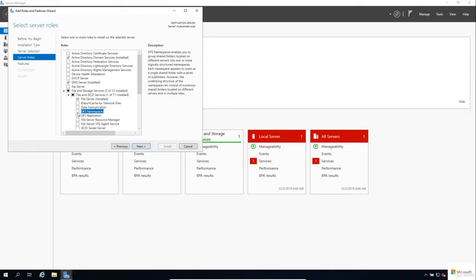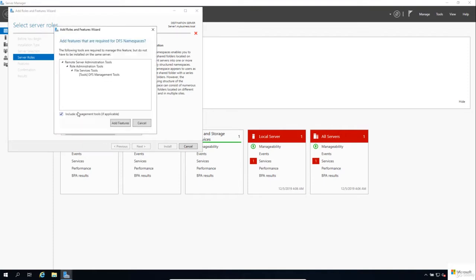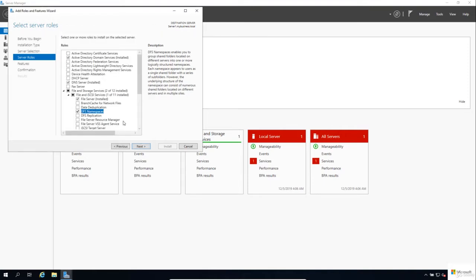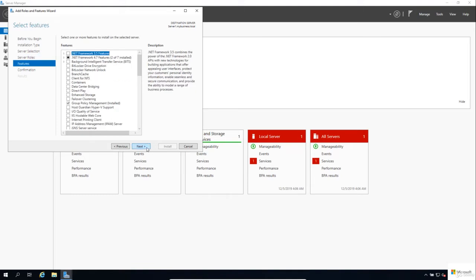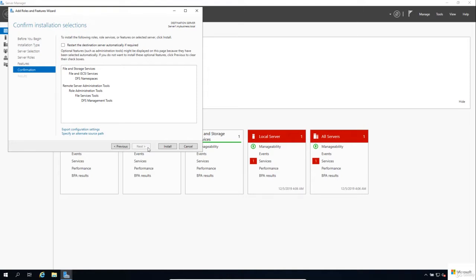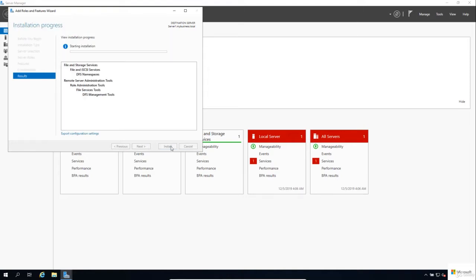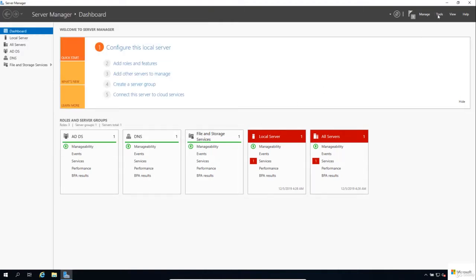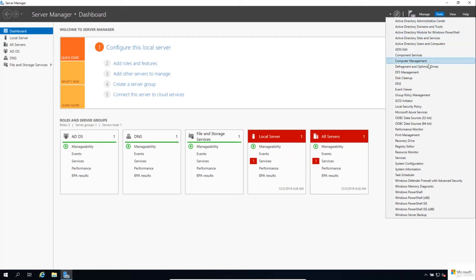Select DFS Namespaces. Click on Add Features. Click Next. We're not going to install any additional features, so click Next. And click Install. After the installation is complete, click Tools, DFS Management,